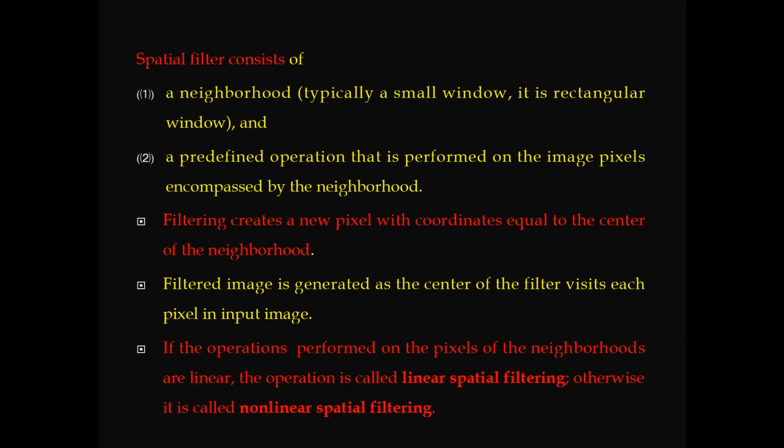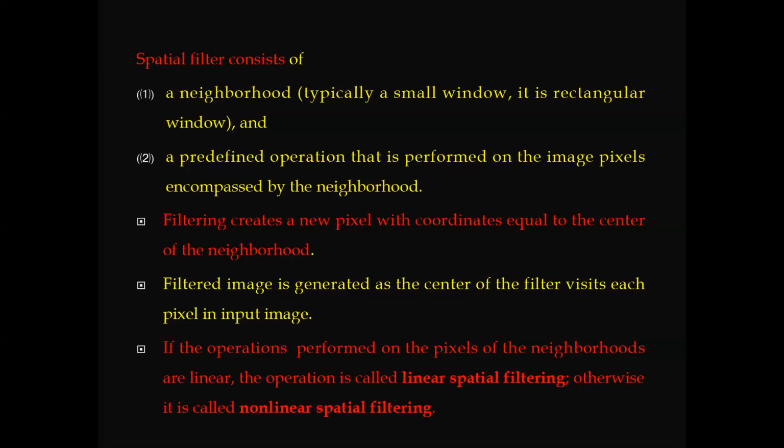Spatial filtering consists of, first, defining a neighborhood. This neighborhood is typically a small window, and most of the time we will prefer a rectangular window. The neighborhood may be square, circular, or rectangular. But most of the time we will prefer the rectangular window, that is, the rectangular neighborhood.